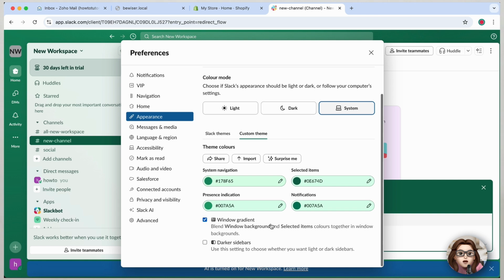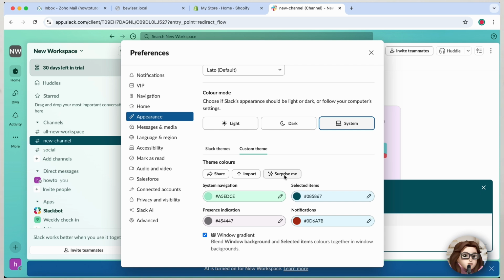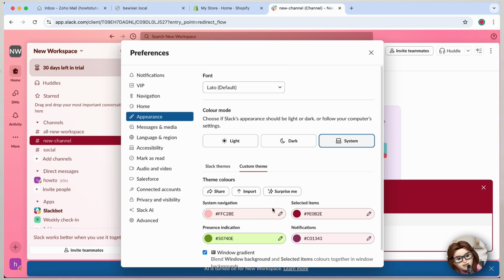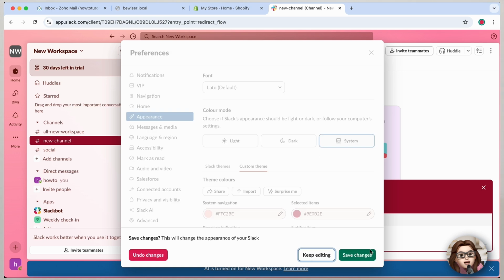For custom themes, you can select your own color combinations or click the Surprise Me button for a random fun look. Once you make your choice, your Slack workspace will instantly reflect the new colors. And that's it. Changing your Slack theme is simple, fun, and a great way to make your workspace feel more